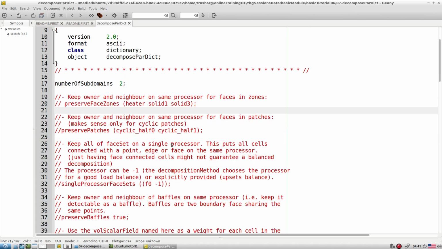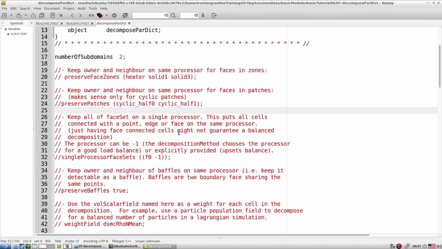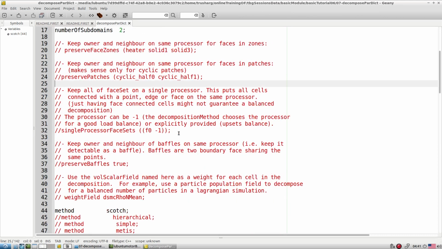Keep a face and its neighbor on the same processor for the faces in a patch if we are working with a cyclic type of case. So a few things you can restrict with the help of these commands. Preserve patches means it is not going to cut the patch while the decomposition happens. Whatever patch you specify, it is going to be kept in a single processor.